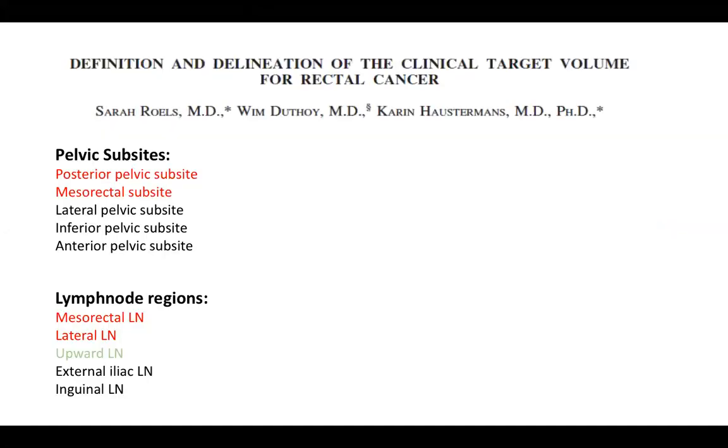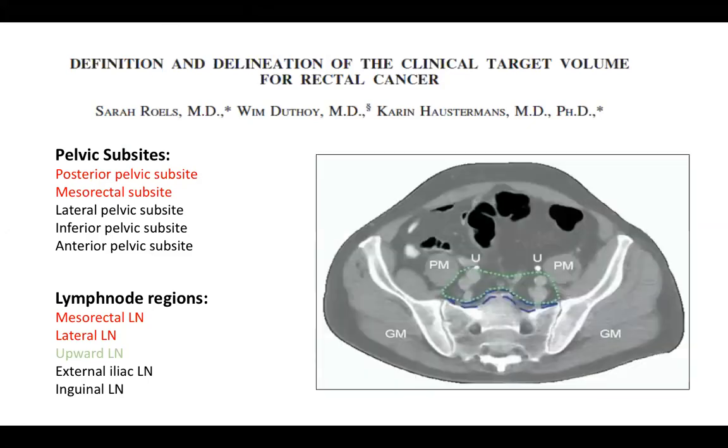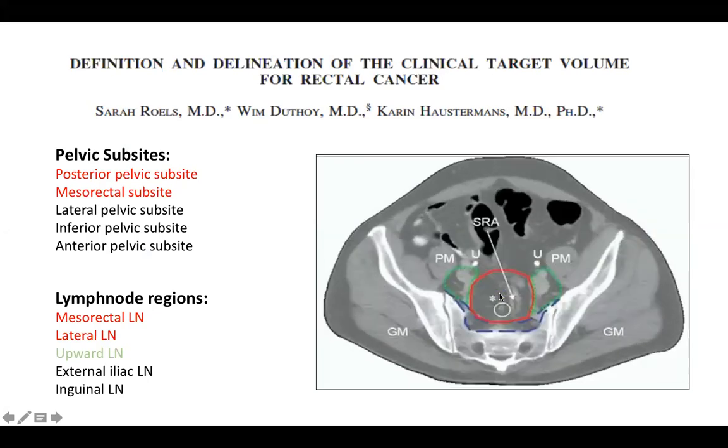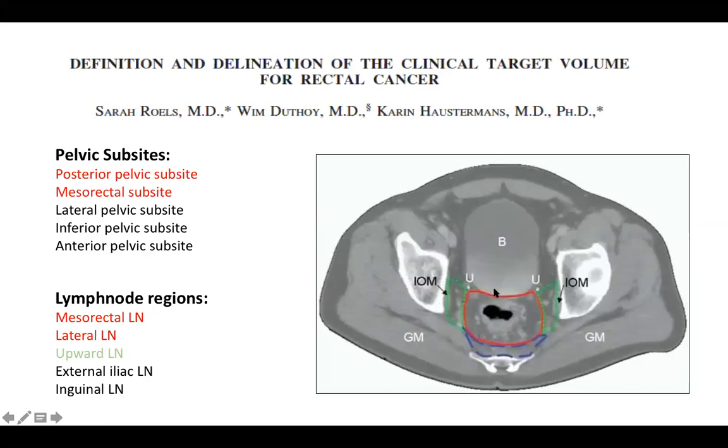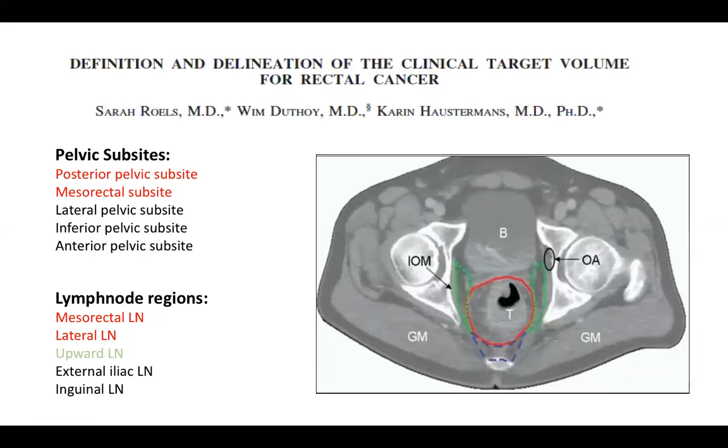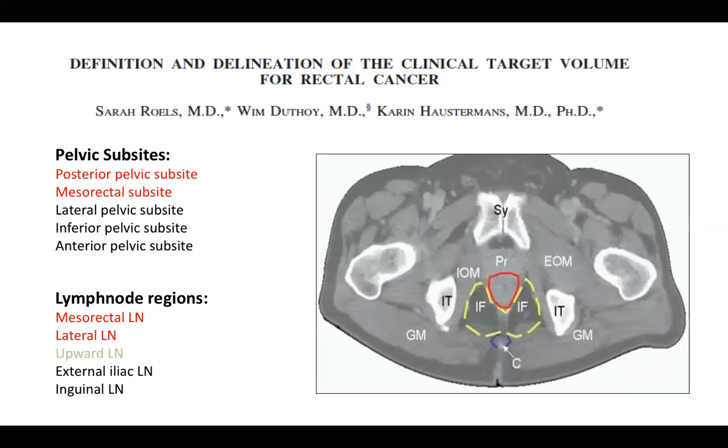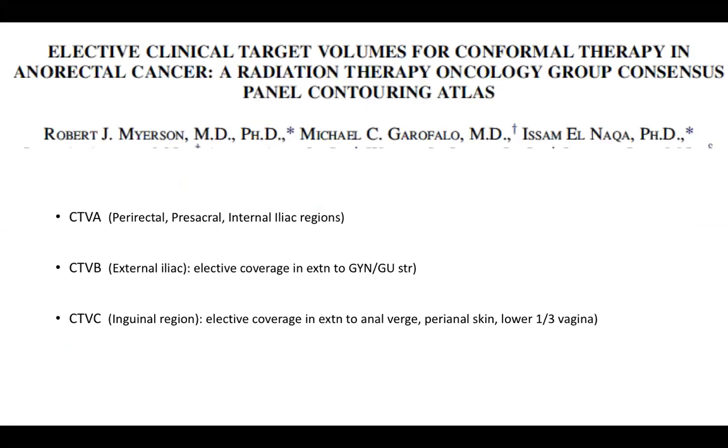If we are just going to run through the guidelines to show you pictographically how it happens, if you can just follow, the green one which you can see over here is the mesorectal one, and the blue is the presacral. As we go down, they have divided it into the iliac region, the presacral, and the mesorectal. So just continue downwards, and this is the area that we all want to treat. This is for the Roels guideline.